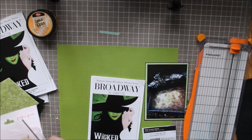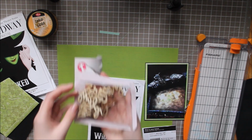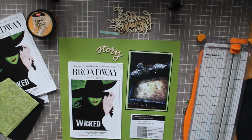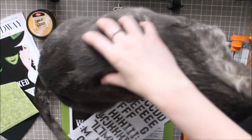So I really want to get working on this title since I can't figure out anything else on this layout. So I'm opening these Freckled Fawn wood veneer words, and there's this word story that I wanted to use. And my title is going to be The Best Story, because I really love this musical. This is the second time we've seen it, like I mentioned in my other video. The last time I saw it was when I was in high school still, and I just graduated college, so it's been a while, but we saw it in the same place, and then there were different actors and actresses,